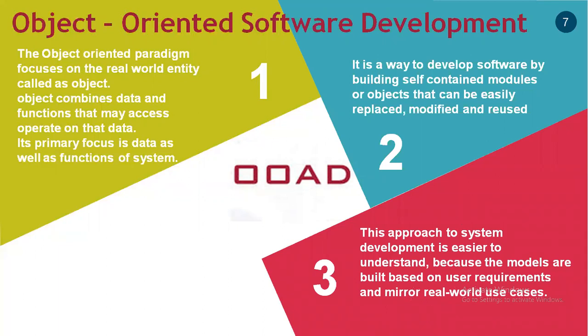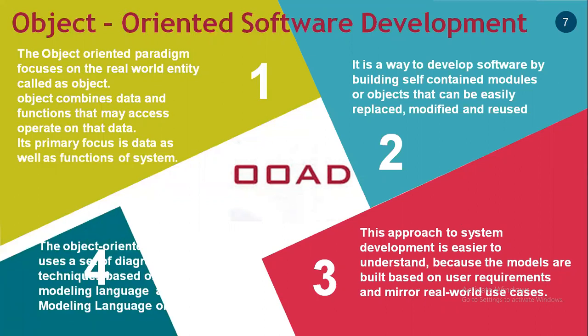So this approach to system development is easier to understand because the models are built based on the user requirement, and they mirror real world use cases or the real world business. That is, whatever real world entities there are, we are mapping them to programming entities. And all the stakeholders are now at the same level, on the same line. That is, analysis is object oriented, design is also object oriented, and implementation is also object oriented. So to convert these real world models into programming is a very simple task, which is not the case with traditional